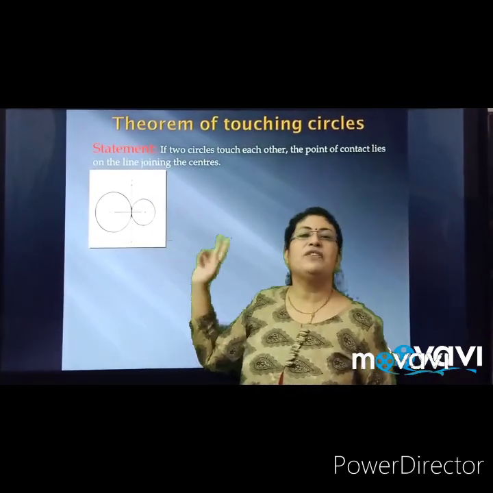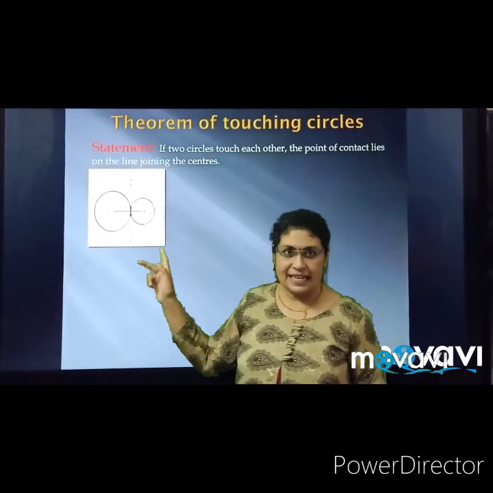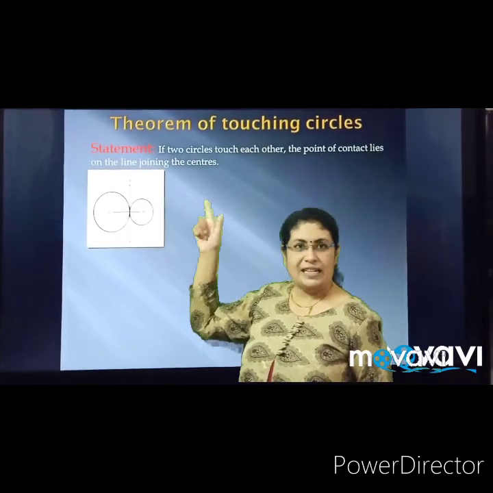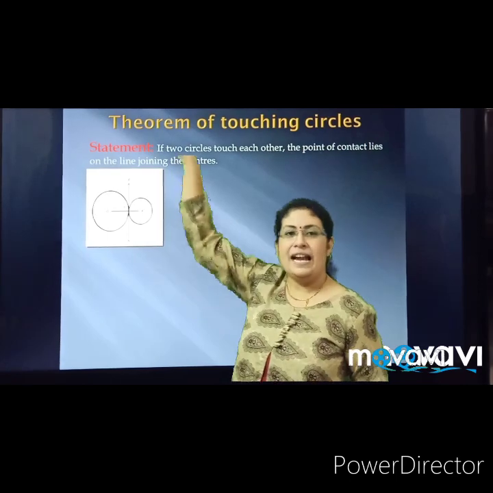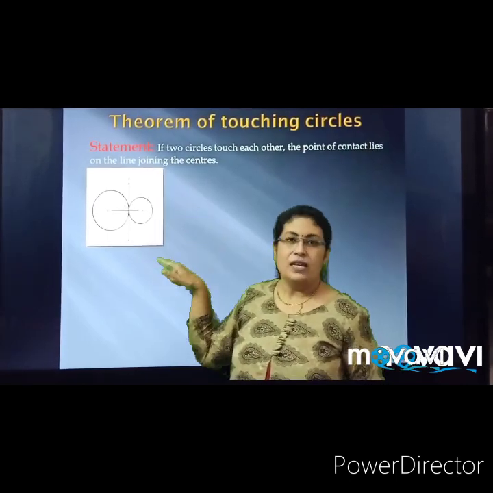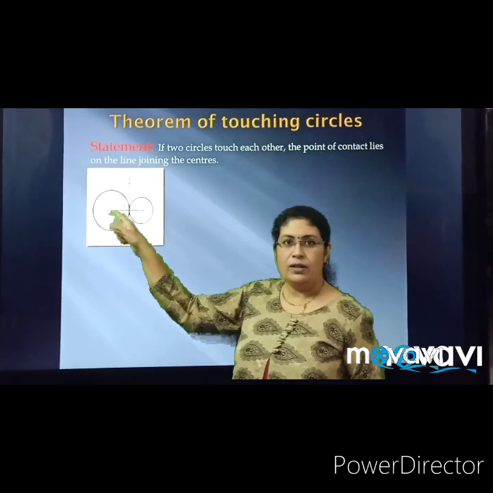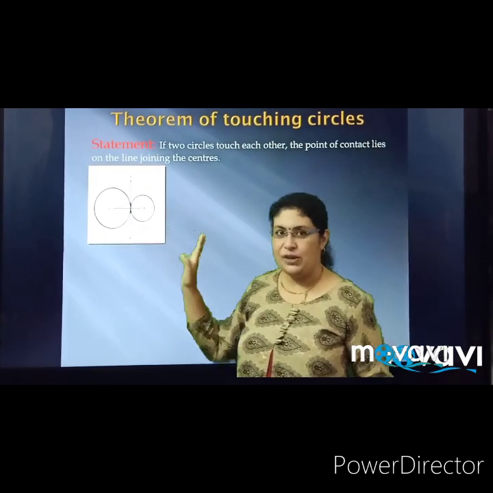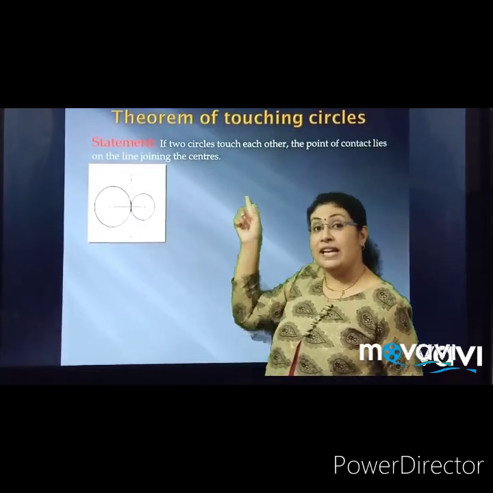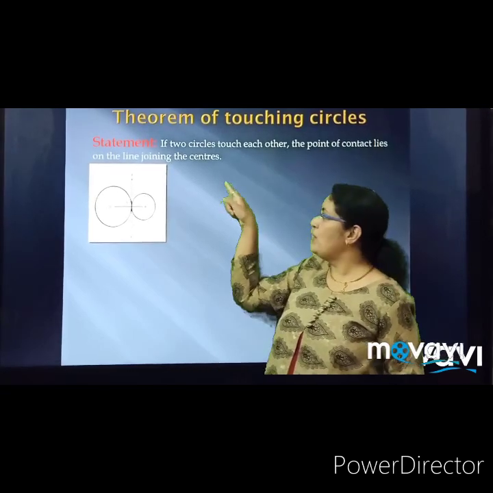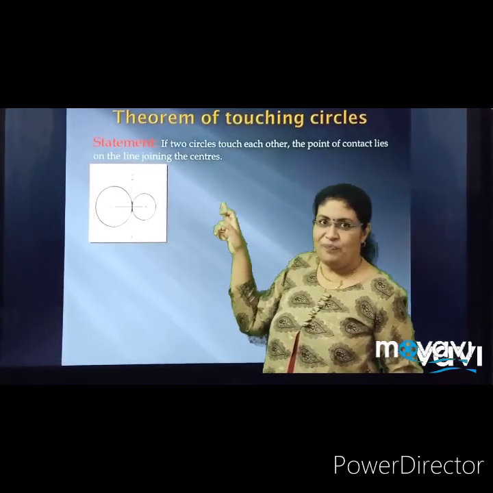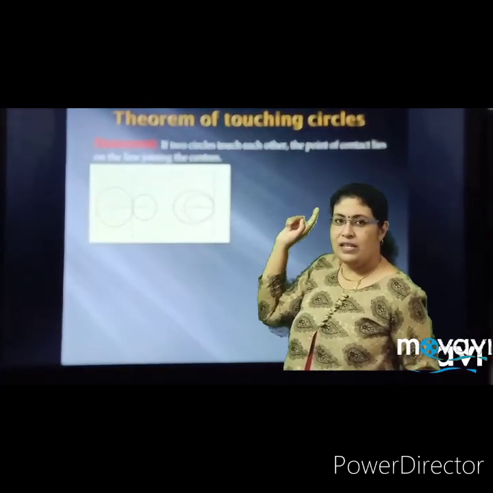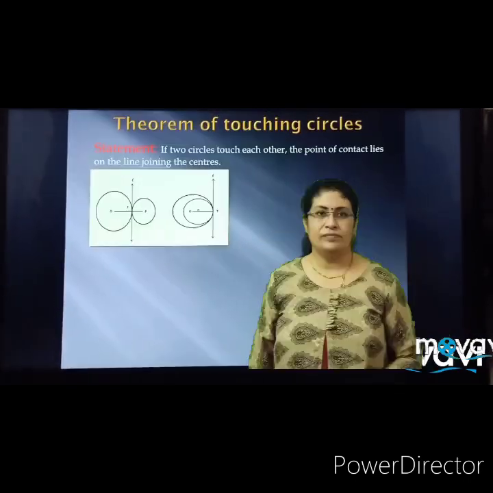So suppose we consider the first diagram where the circles are touching externally. So what is our diagram? There is one circle with center O, there is another circle with center P, they are touching at point T and there is a tangent line L. We will draw O, take T, and join P. So OT and PT, we will join these. In the second diagram where the circles are touching internally, what you can see here is O, then P and T. So we'll draw a line accordingly. Now let us see the theorem, how to write the theorem.